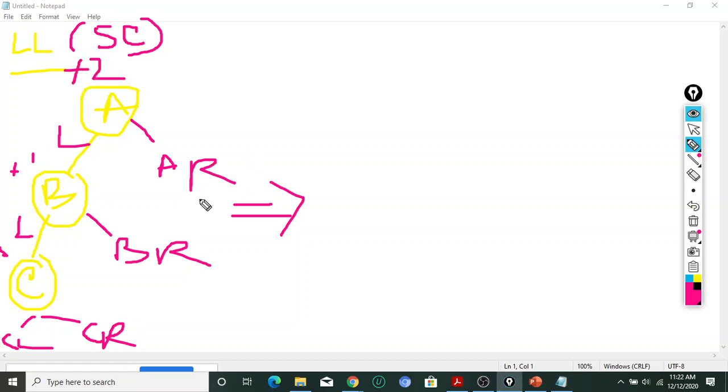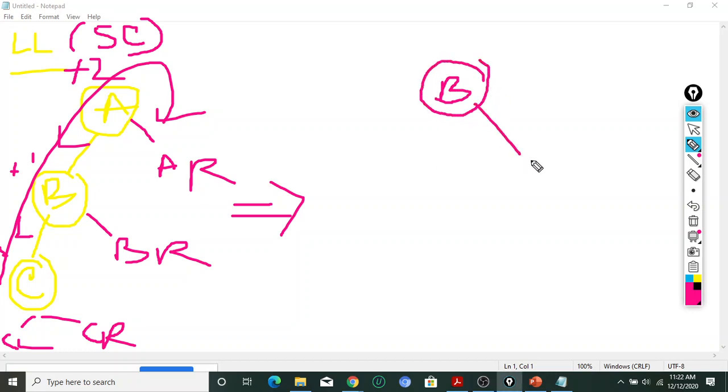How can I change this one? Try to understand: LL imbalance means clockwise rotation, yes or no? LL means left to right rotation. So B will be my root node, A will be my right subtree and C will be my left subtree, yes or no? If I consider this node is imbalanced and think of it as a pulley chain system, it will be moved like this. If I think like this, we will change it.